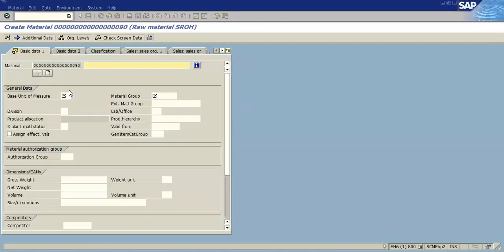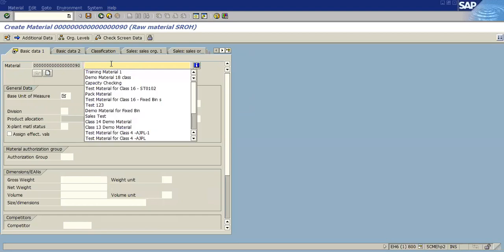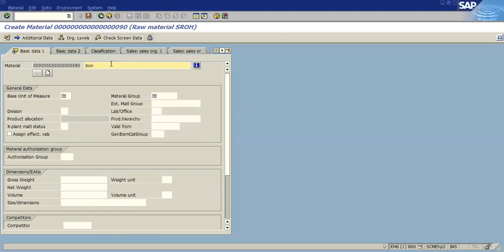You enter the plant and select. Then give the description of the material, maybe iron sheets. Base unit of measure will be piece. Material group, I'll use miscellaneous.